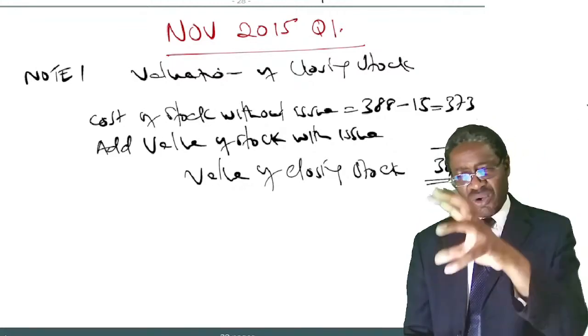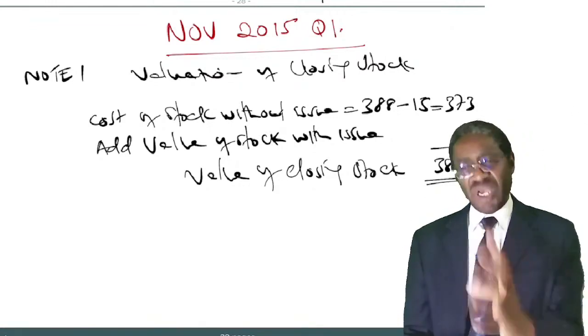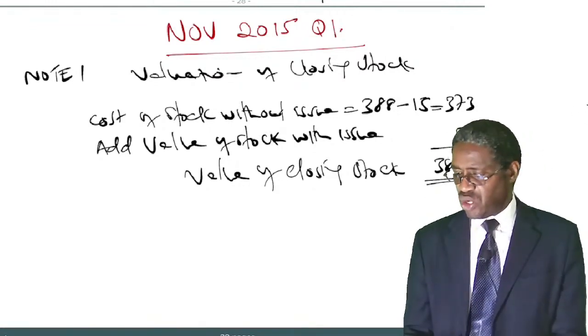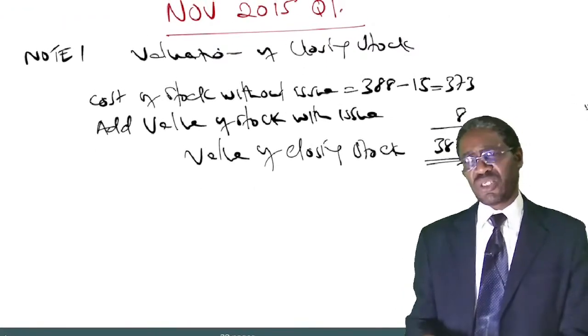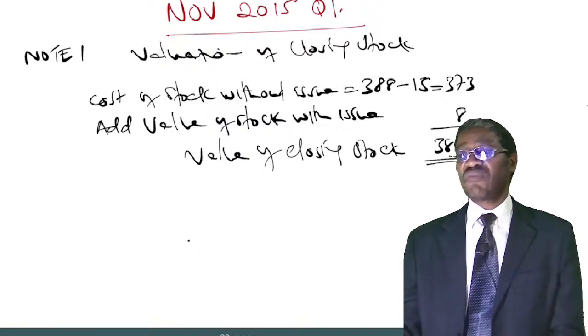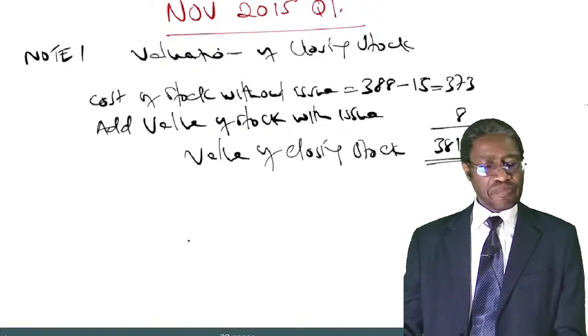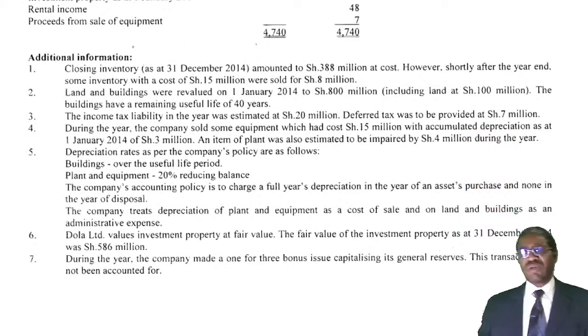Then once we have done all the additional information workings, now we can go and prepare our income statement, or what we call statement of profit or loss. Good. So that's all for note number 1. Let us go and read note number 2 to see whether there is something we can do there. Note number 2 says,